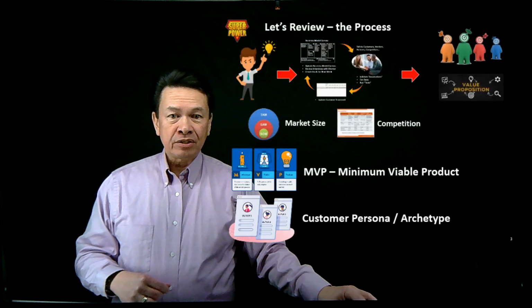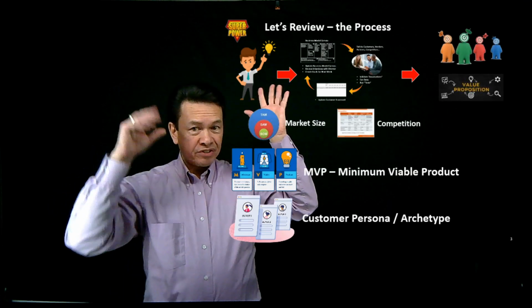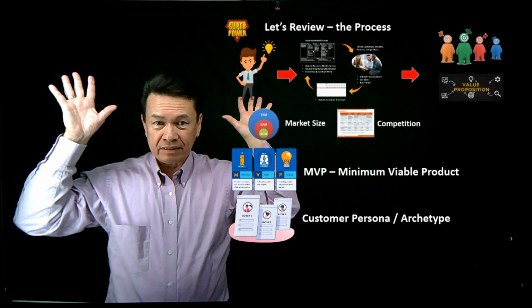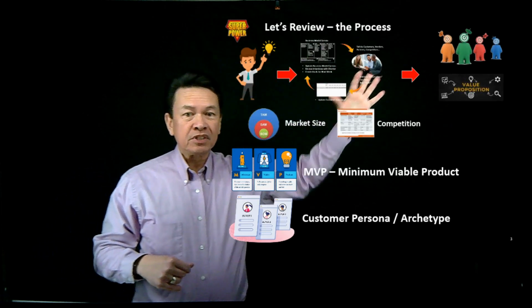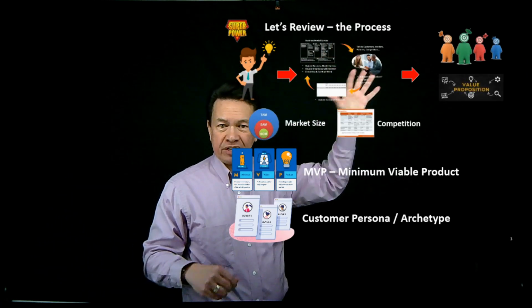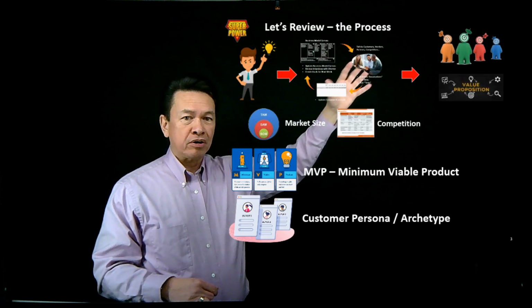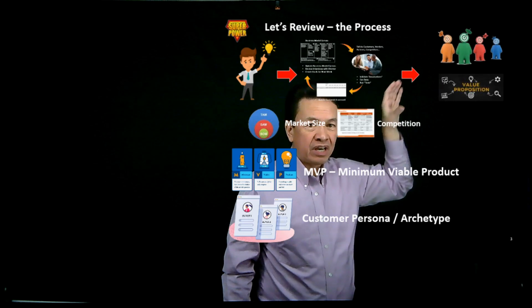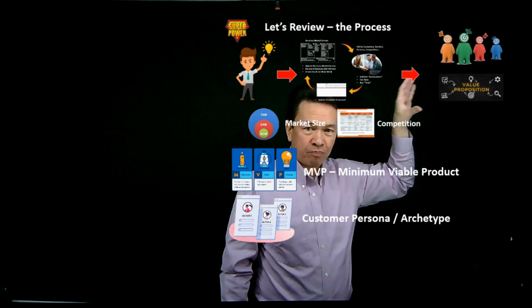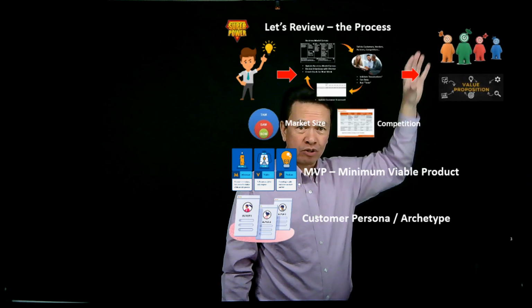Okay? So let's step back and talk about the process once again. Bill has a bright idea. So how do we develop that superpower? Bill has that bright idea, starts that customer discovery process, right? Talking to customers, potential customers, vendors, partners, suppliers, and really trying to define who that target customer is and what value I bring to them. What problem am I solving, or what can they gain by using my product or service, okay?